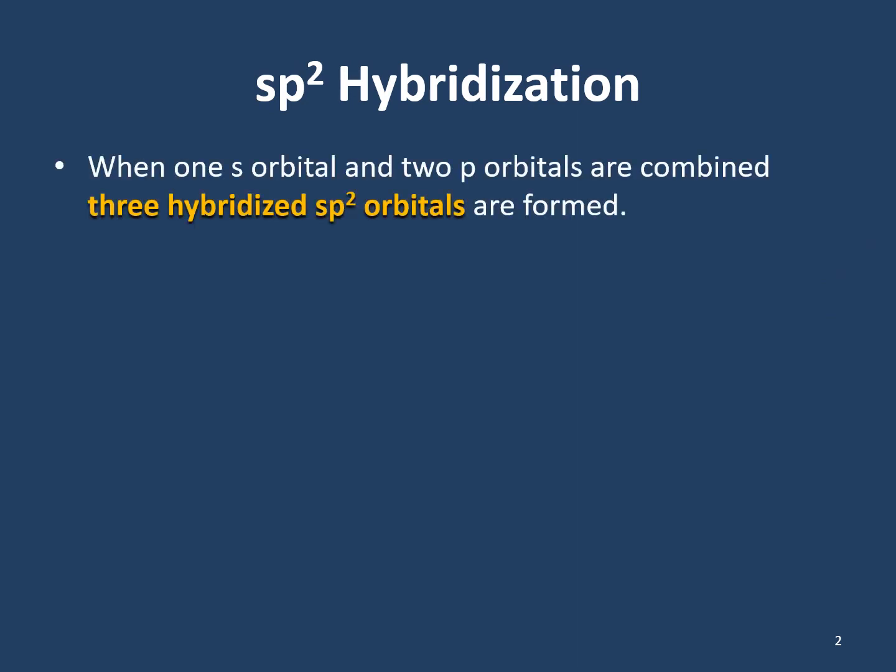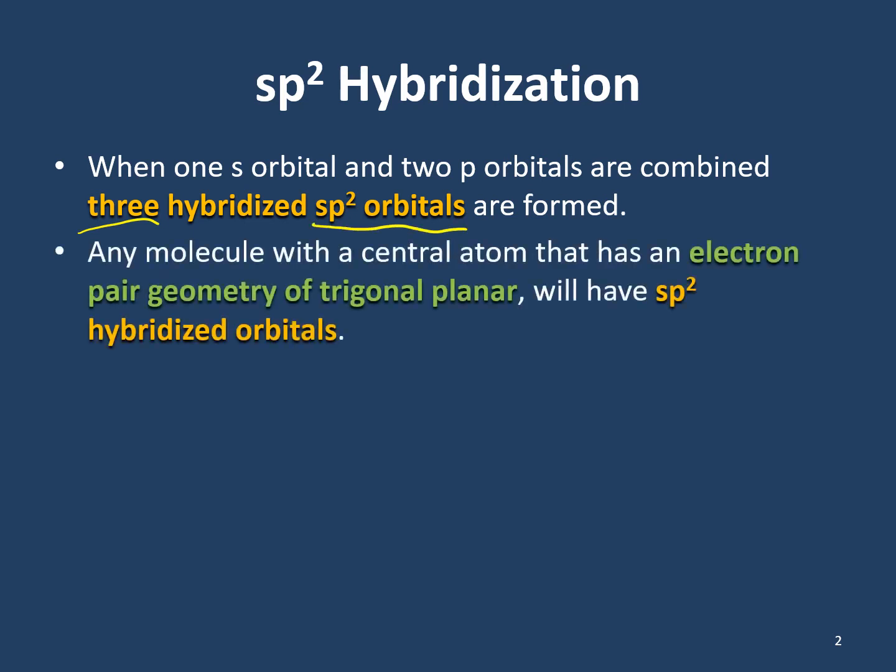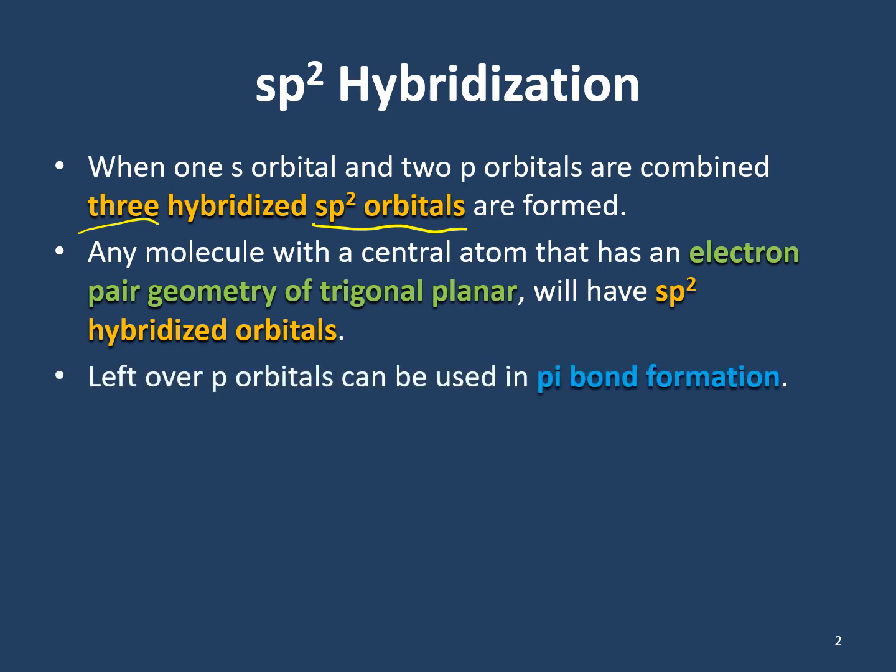So just to review, sp2 hybridization is when we mix one s orbital with 2 p orbitals. They combine to give us 3 total sp2 hybrid orbitals. This occurs when our electron group or electron pair geometry around the central atom is trigonal planar. That's when we're going to have sp2 hybrid orbitals. One of the important things you need to understand here is that leftover p orbitals can actually be used to make pi bonds. So an example of this could be